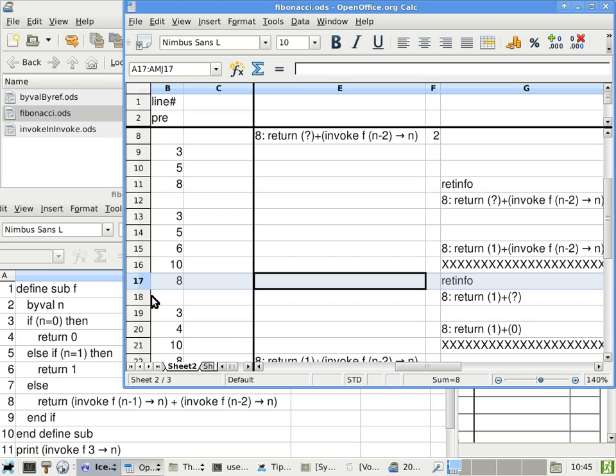I know it looks confusing, but you have to remember how we do things. A return statement, for one thing, only replaces the question mark with a particular value. It does not execute the statement in the return info cell. When we return, then we return back to that